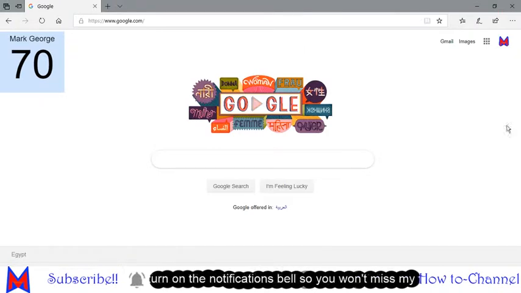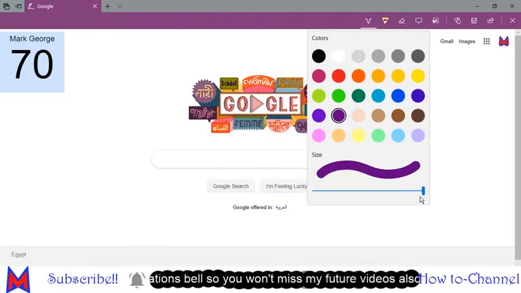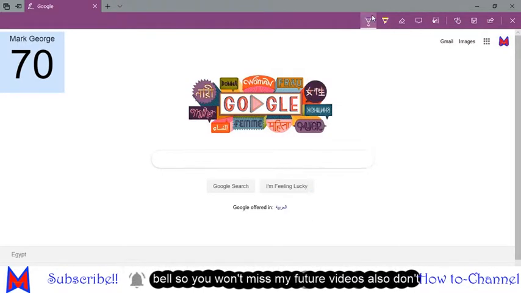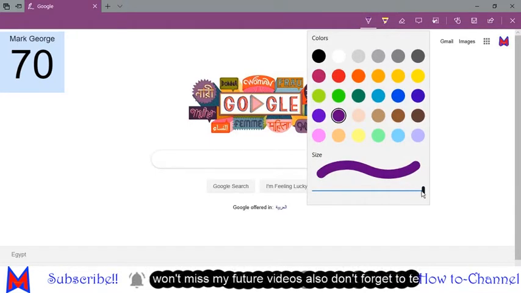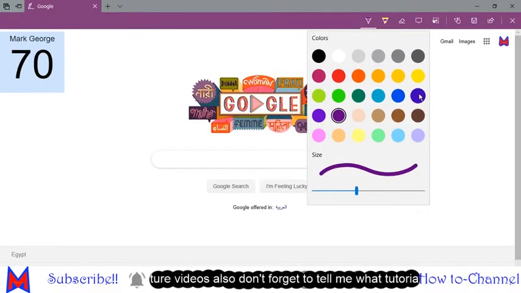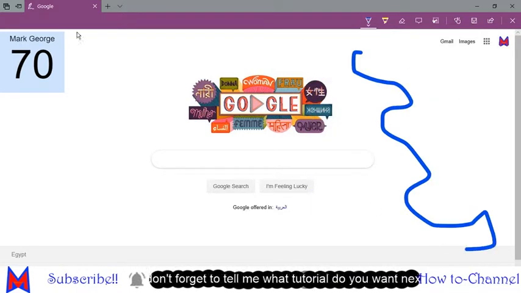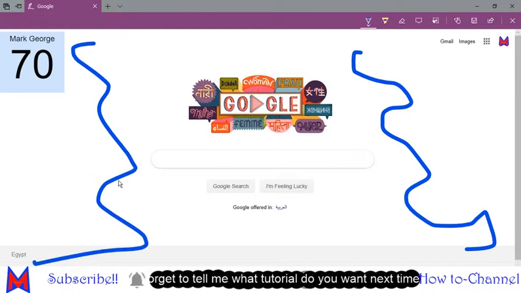So our first feature here is this pen tool. It's not only a pen. We have here the pen, which is called a ballpoint pen. Here you can change the color and the size. I love the size of 10, it's just the middle. And then I love to choose this color or this color. So I'll choose blue. We can draw here anything, and the same here, and then